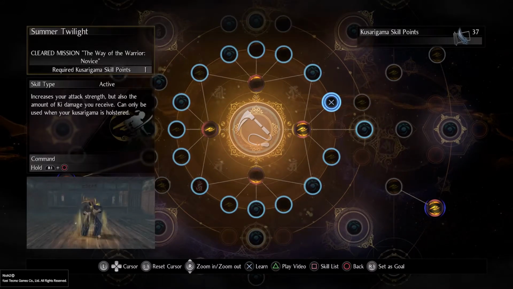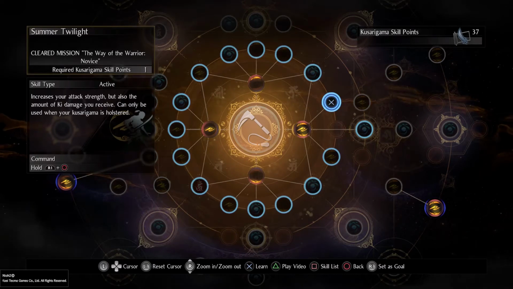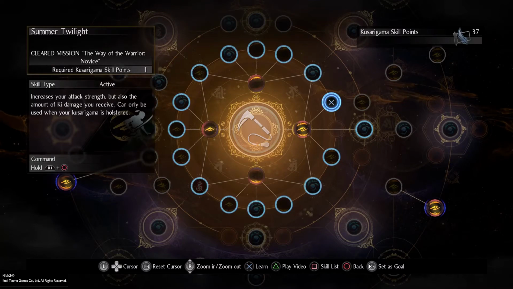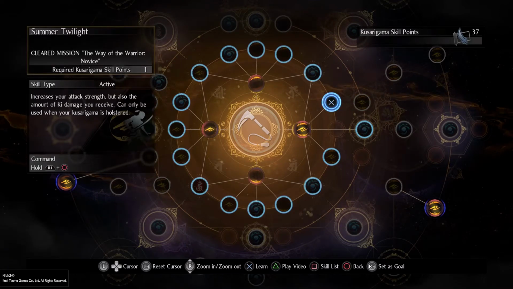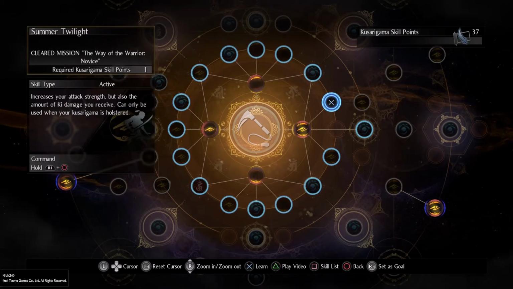Then we have Summer Twilight. Summer Twilight is just like moves from the Odachi that empower you, but also debuff you at the same time. So as you can see, this one increases your attack strength, but also increases the amount of key damage you receive. Moves like these, I don't tend to use. Buffs from a weapon, I don't tend to use. The reason why is because